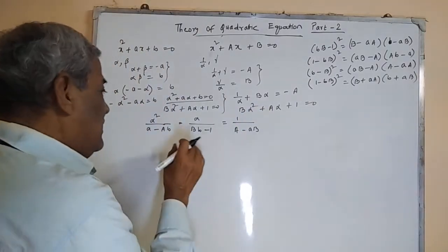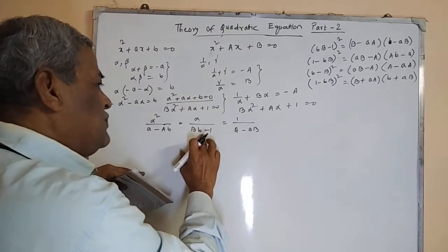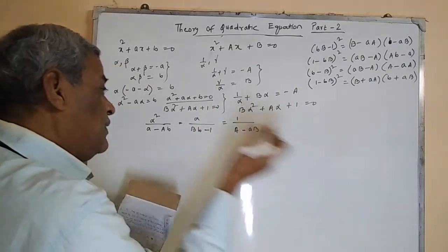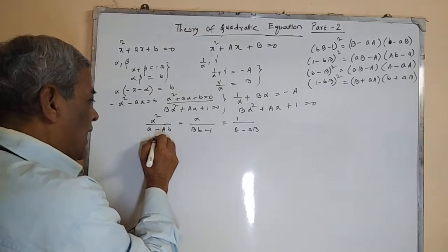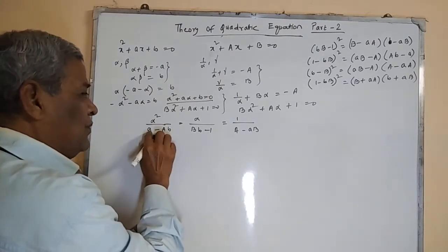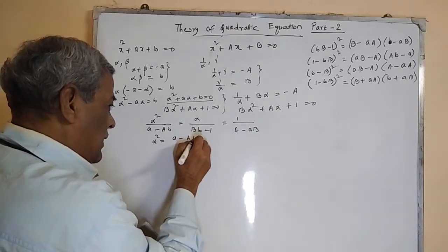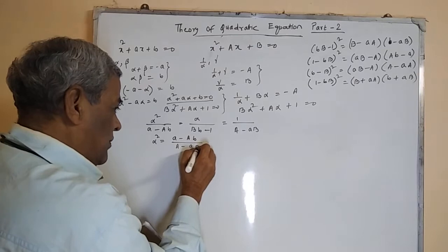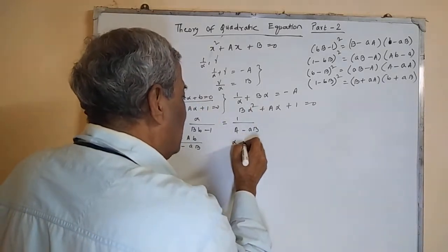From this and that, we can obtain alpha square. From this and that, we can obtain alpha. So squaring the second, we can equate it with the first. That means alpha square is equal to this by that, (A minus AB) by (capital A minus AB). And from these two, alpha is equal to